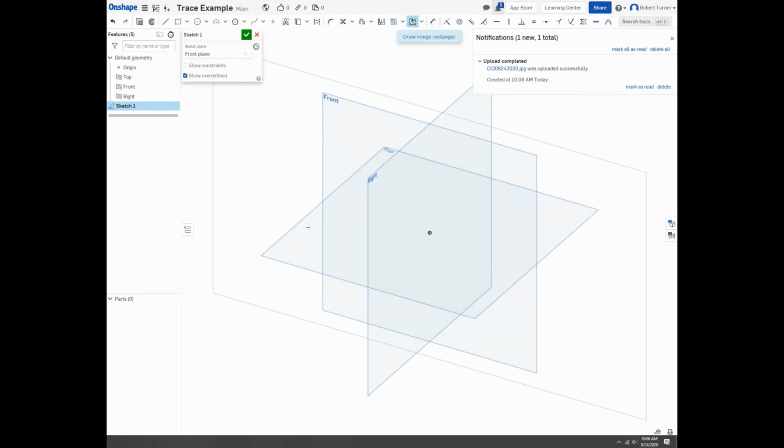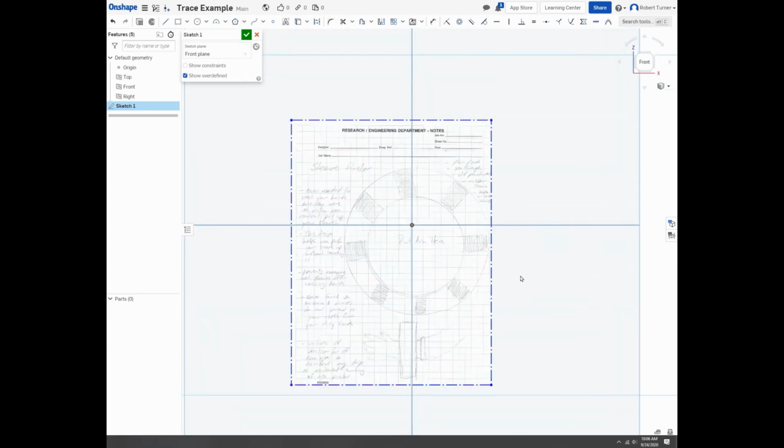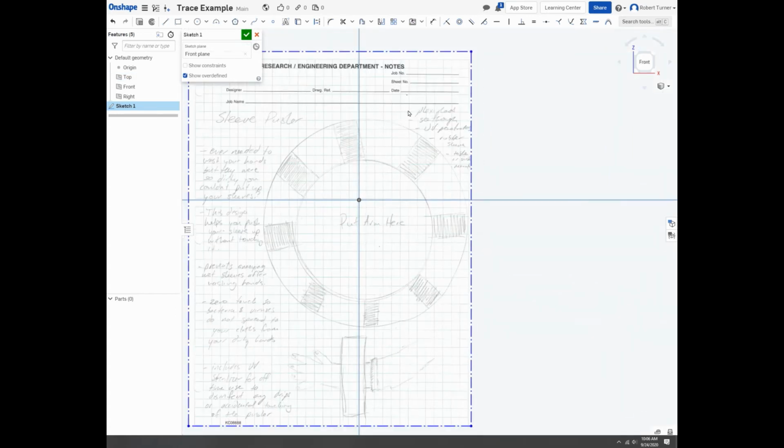Okay, then you're going to click on it, and you're going to essentially draw a rectangle onto your plane. Okay, so just like you would draw any other rectangle, right now that rectangle contains your scanned picture. So this is a picture of a sketch I did in my engineering notebook,